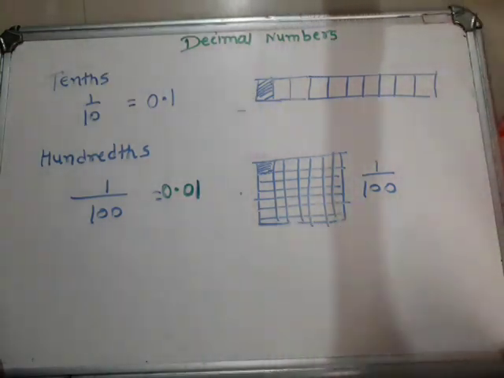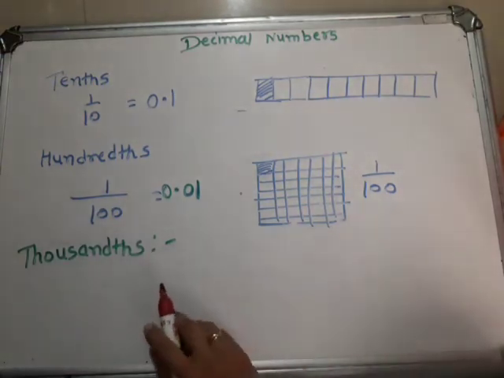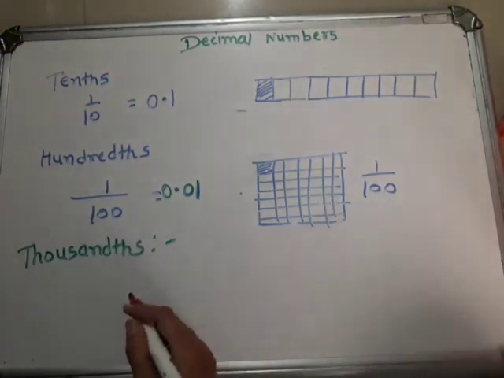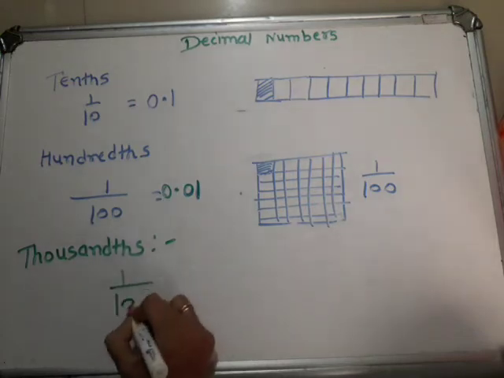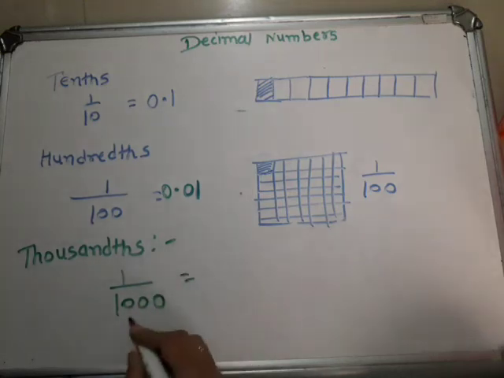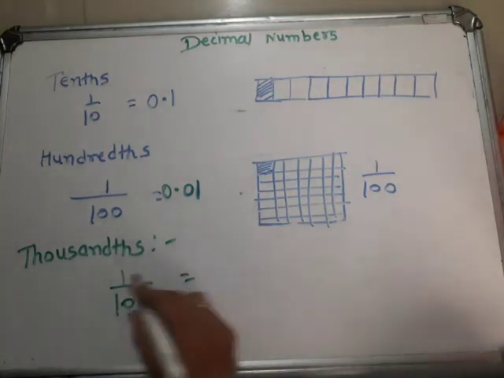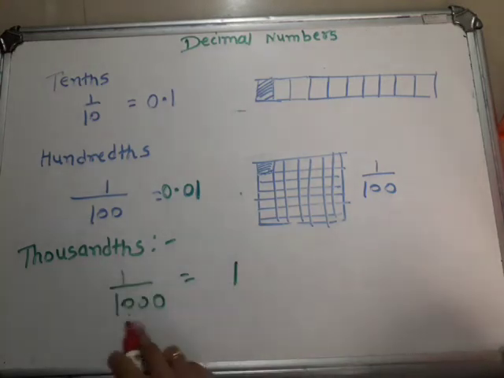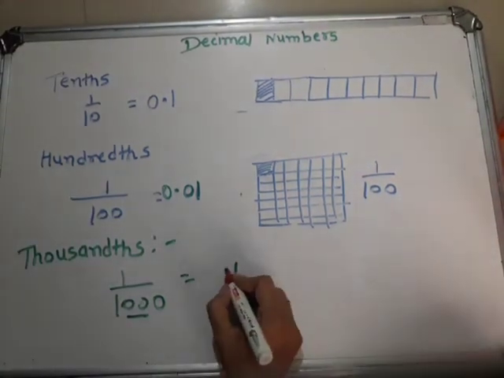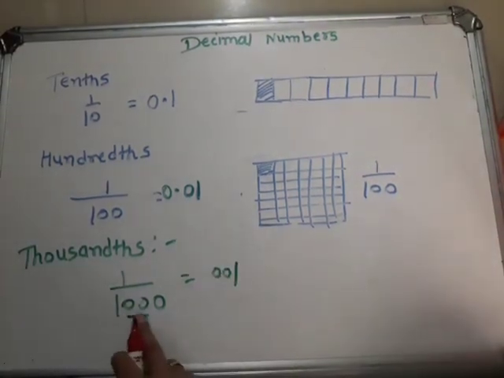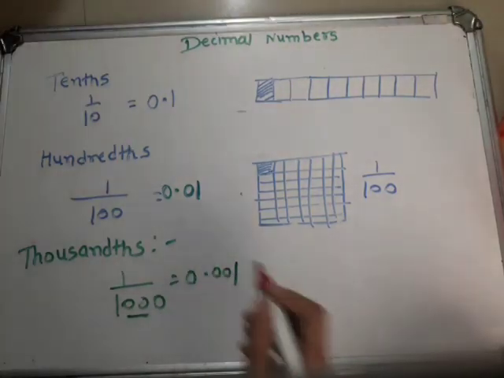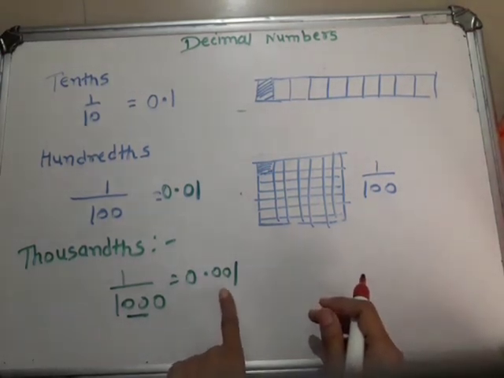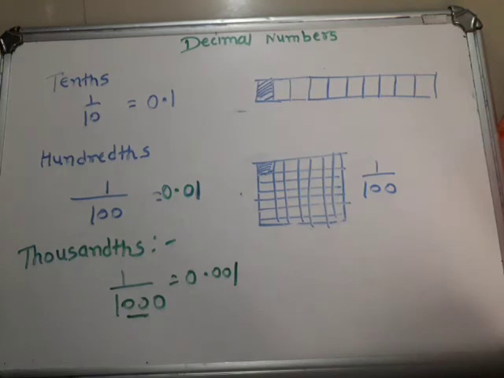Now when 1/100 is divided into 10 equal parts, then each part is called 1/1000. How to write 1000? See, 1000 like this. Now how many zeros are here? 1, 2, 3. So this 1 is here, you have 1, but you need 2 more numbers. So you have to write here 1 0, 2 0. So here are 3 zeros and 3 numbers. Now you have to put the point, and before that you have to write 0. So we get the answer 0.001. Okay, this is for the 1000th place.